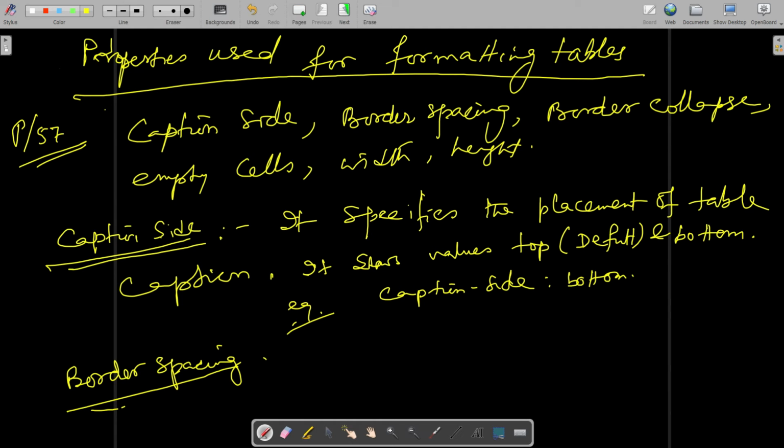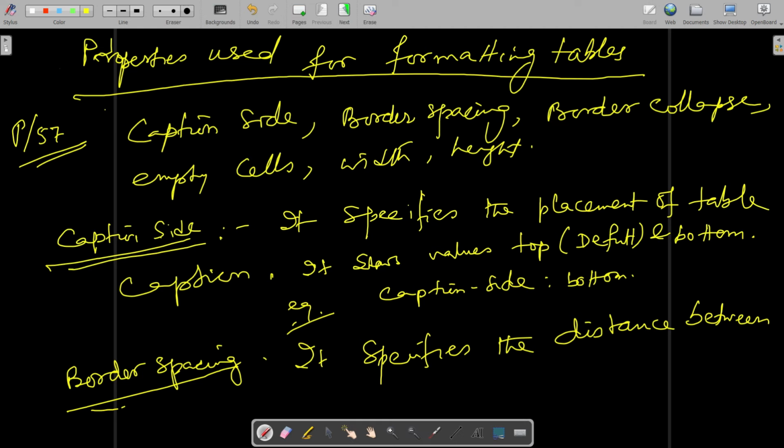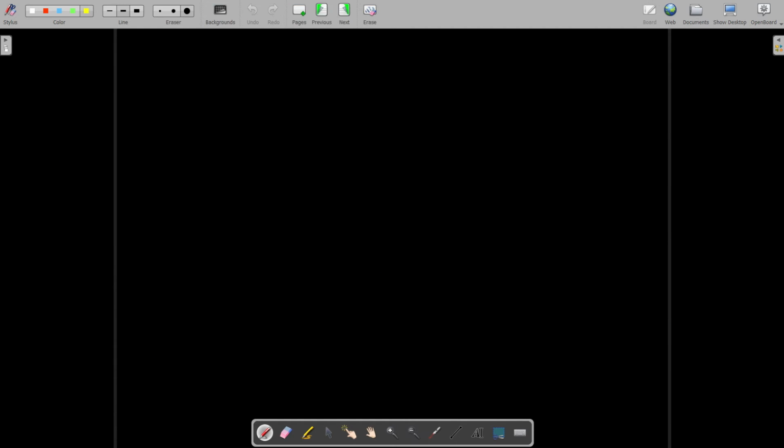Border spacing specifies the distance between the borders of the adjacent cells.